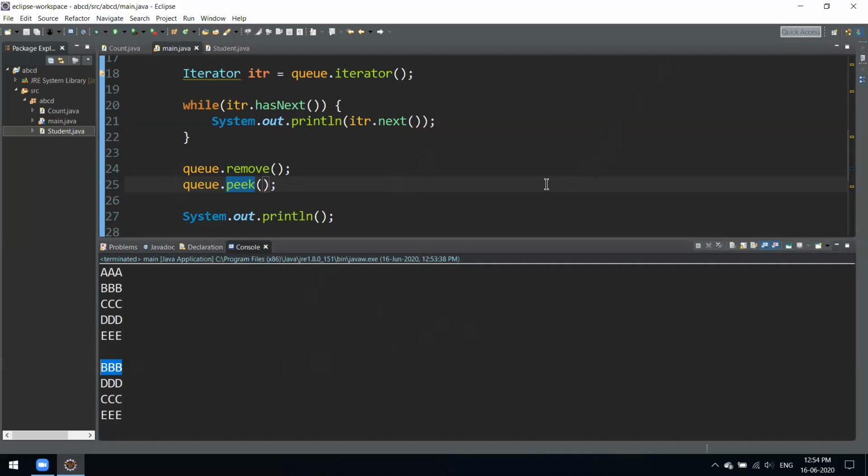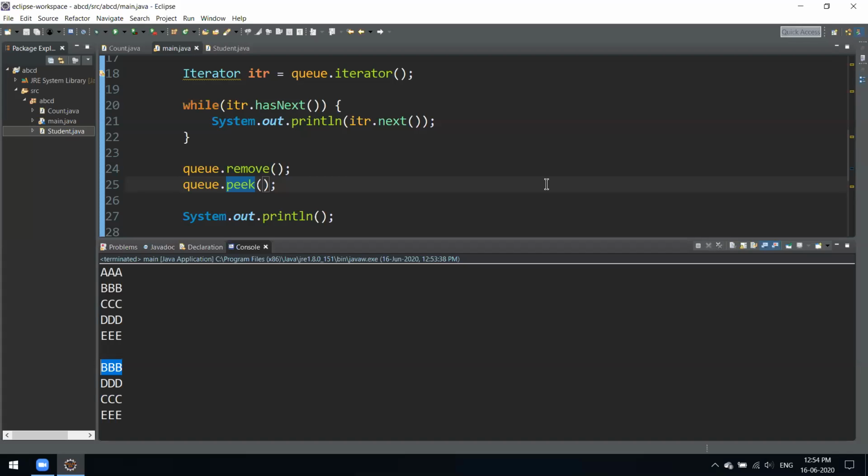I think it's FIFO. No, Q is not FIFO. Sorry, Q is FIFO, first in, first out. LIFO means last in, first out. Both of them sound very similar, but there's a difference. Last in, first out means the element which was added last comes out first.